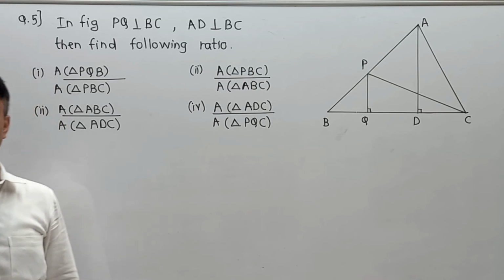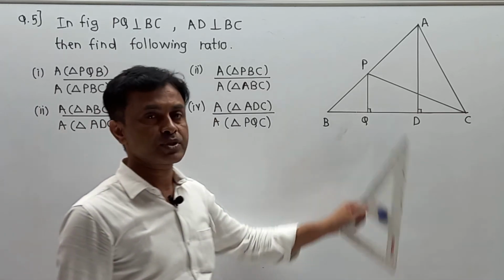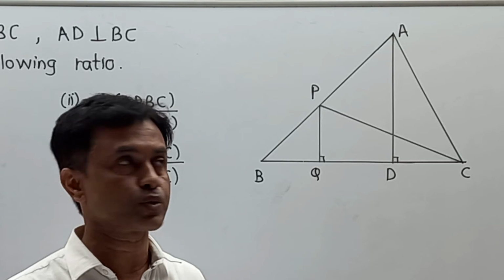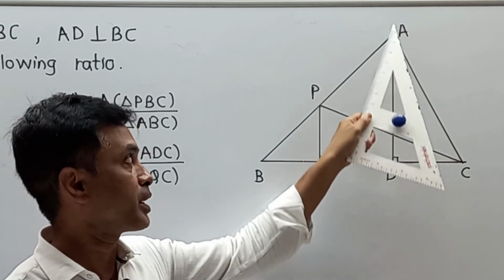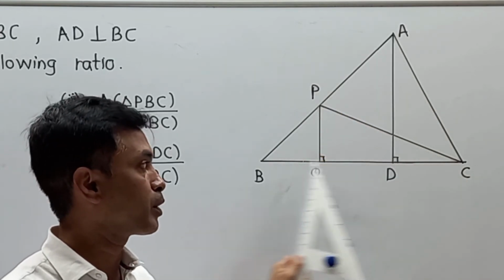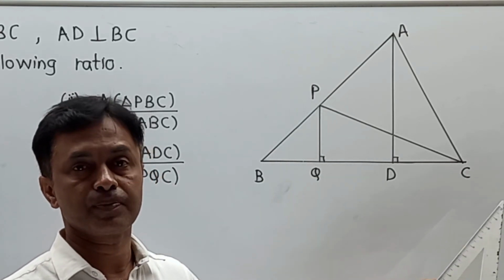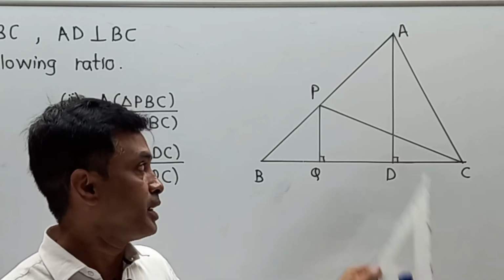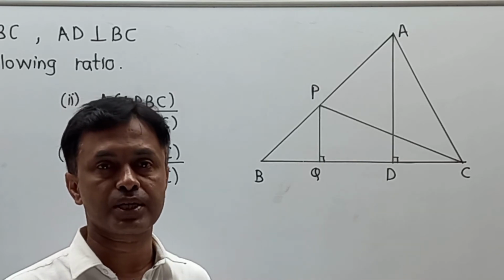Student, when you go to read the question, first try to understand the diagram which is given, and please give proper time to reading the diagram structure. They have given not a single triangle but a group of triangles. So first, in triangle ABC, they have given AD, the height perpendicular to base BC. Next, PQ is perpendicular to base BC. Then the ratio of areas of triangles. In that case, please try to understand that a group of triangles is formed due to this structure, and one by one we are supposed to understand each part.